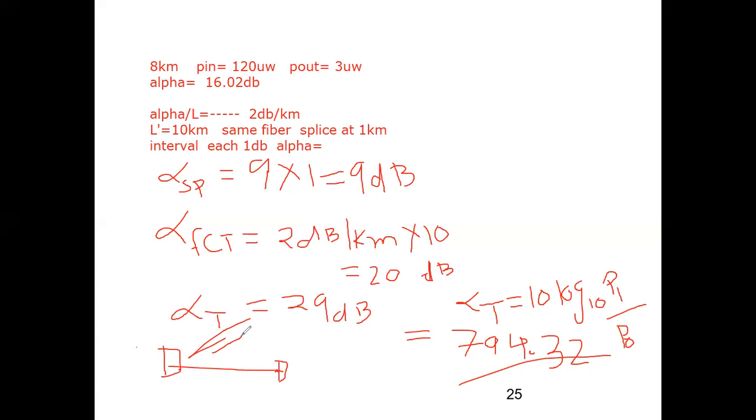So if there is a splicing situation, find the splicing loss. Cable loss will be there, fiber cable loss per kilometer, cable loss, connector loss. Sometimes they will say jumper loss, where a jumper is connected in a rack. So various kinds of situations they might give you. No need to worry, you simply find that loss in dB, because we are calculating loss in dB. Usually cable loss is given in dB per kilometer. Many times students just put in the 2 dB, but please remember that's why I wrote dB per kilometer here and 10 kilometers there, so kilometer cancels and we are left with only 2 into 10 dB.